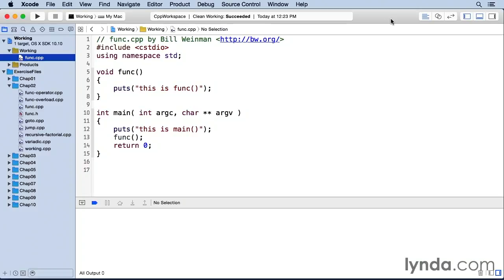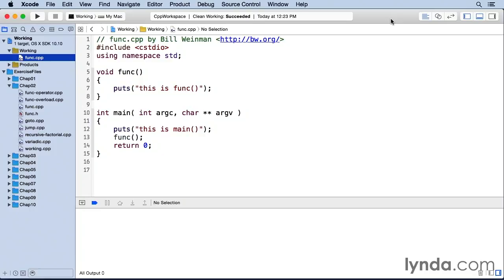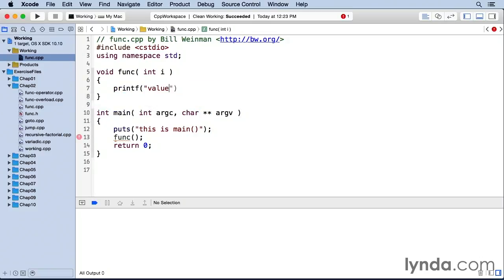Parameters are passed to a function by declaring them inside the parentheses of the function definition and passing them in the parentheses of the function call. Here I have a working copy of func.cpp from chapter 2 of the exercise files. And let's pass an integer to this function. So here, if I just say int i, and inside here I can say printf, value is %d, new line